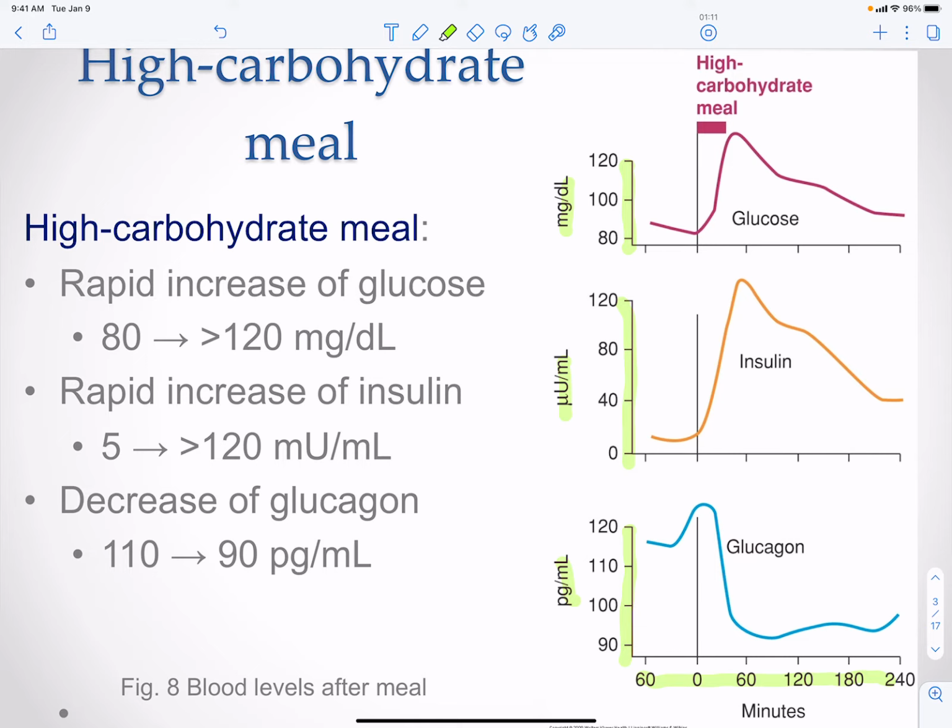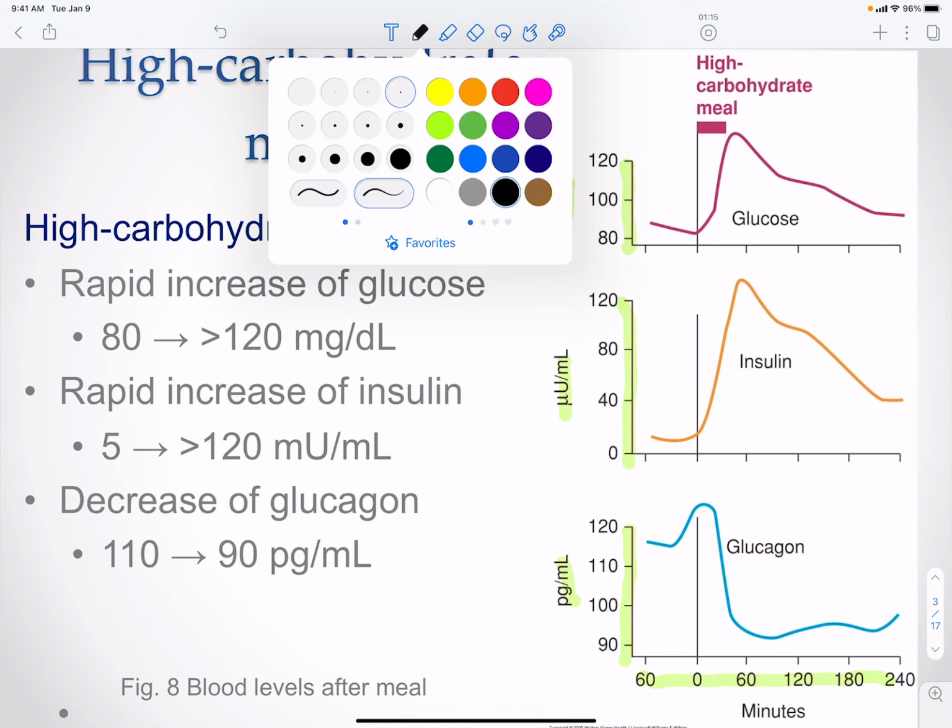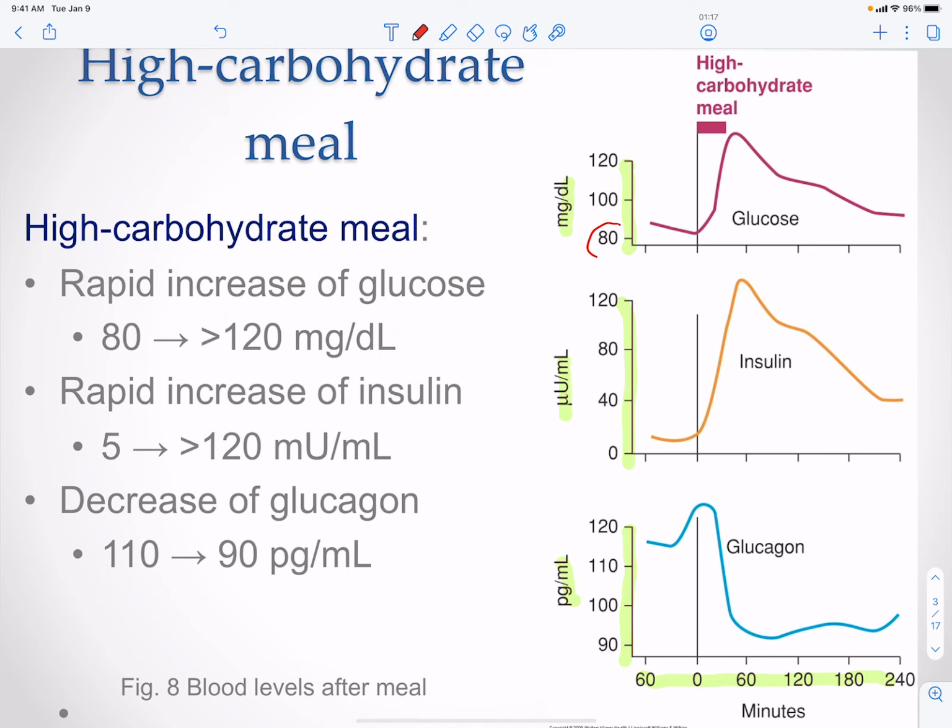values on the y-axis. So the first thing to note is that with respect to our insulin, this never is going to be at zero because you have to maintain blood glucose levels. So after a high carbohydrate meal, you are going to get a spike of insulin that will then come down to the levels that need to be maintained in the blood.